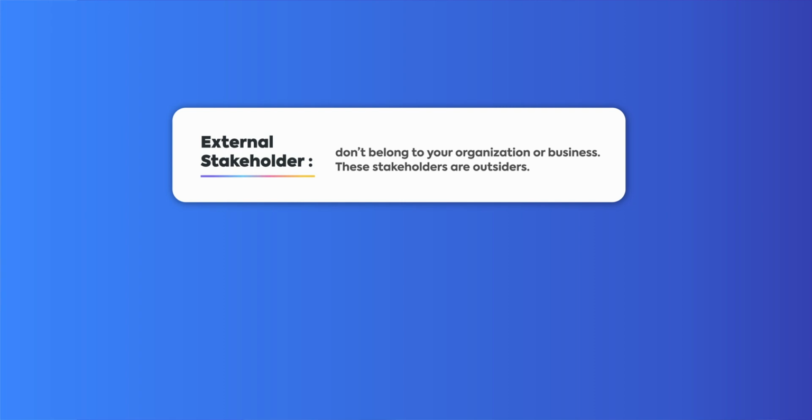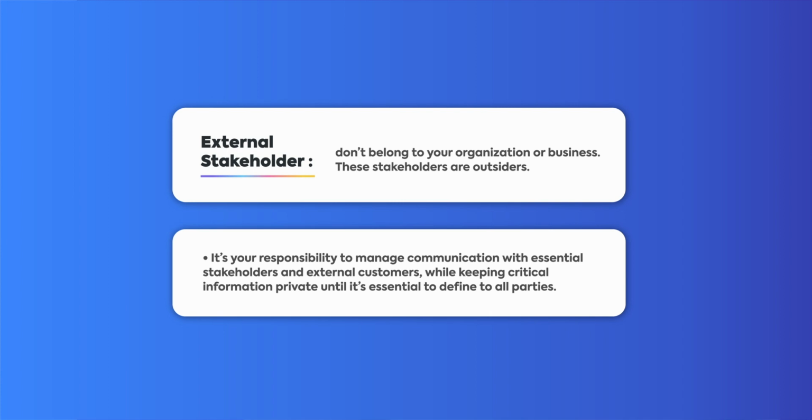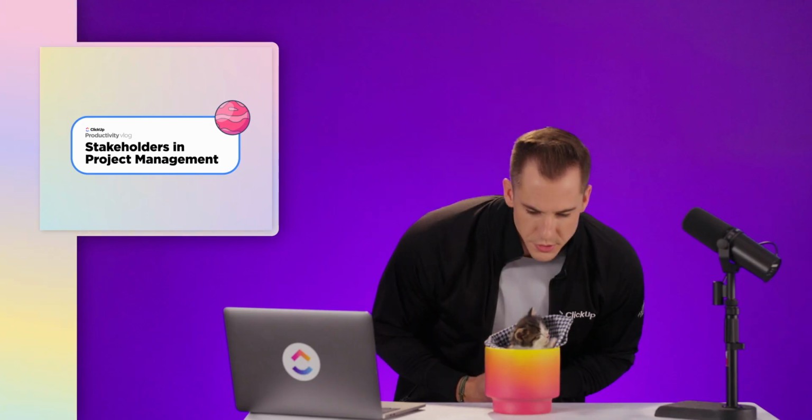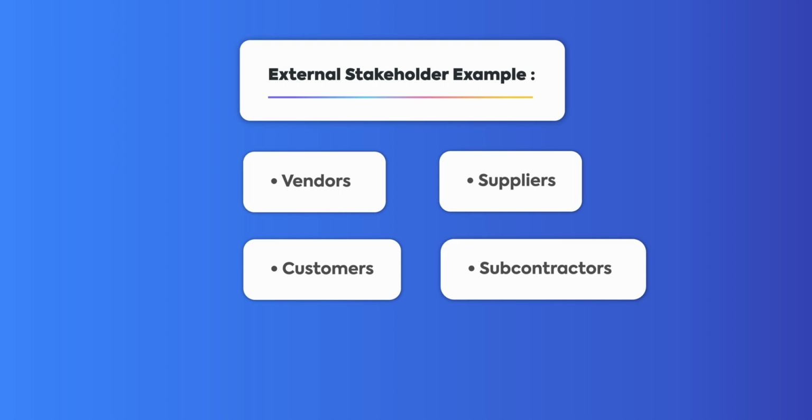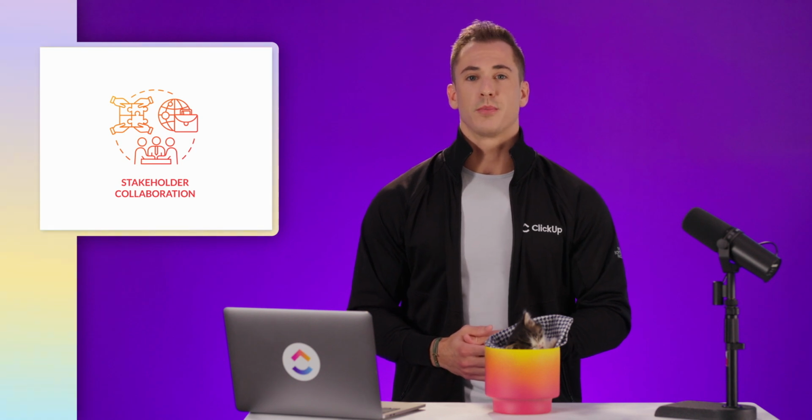These stakeholders are outsiders. In other words, it's your responsibility to manage communication with essential stakeholders and external customers while keeping critical information private until it's essential to define to all parties. But don't worry, Jude, I'll let you know. Some common examples of external stakeholders would be vendors, suppliers, customers, subcontractors, or end users. The most important thing to remember when dealing with external stakeholders is to clearly communicate the project scope and manage stakeholder expectations. As the project manager, it's important that you identify project stakeholders right from the beginning and stay focused